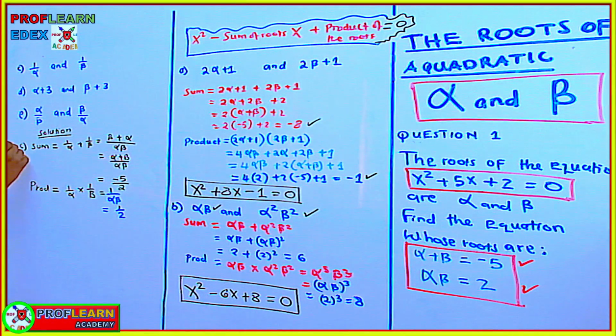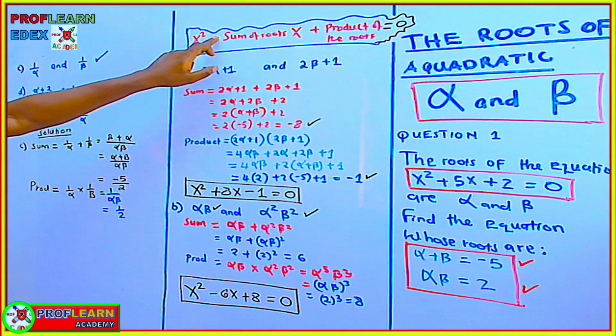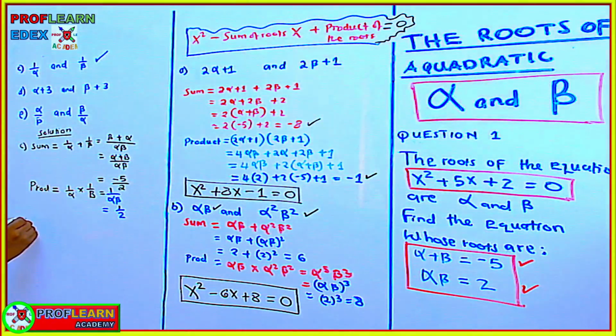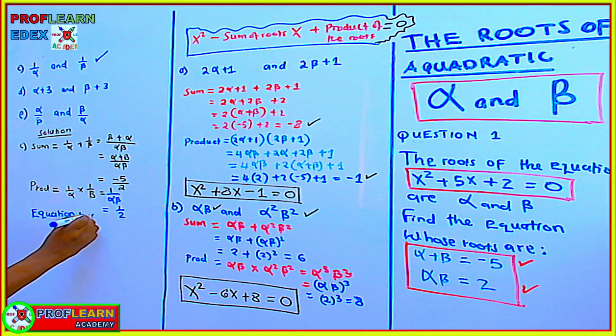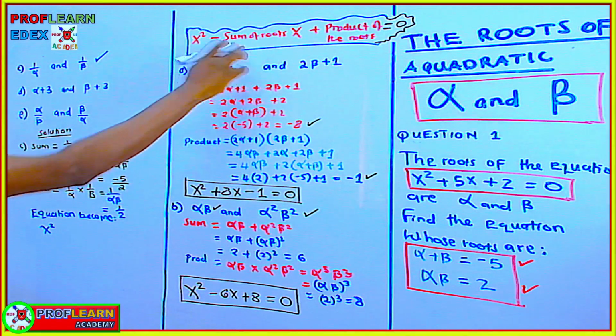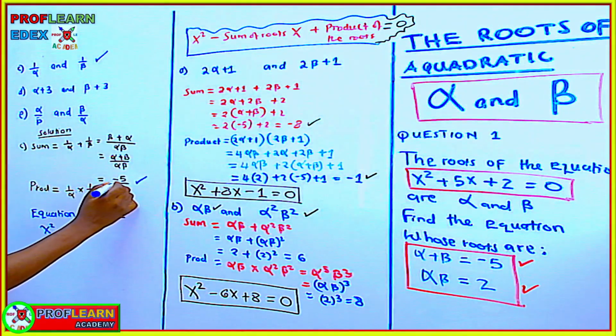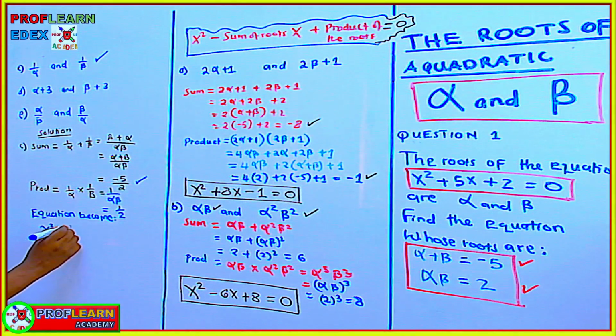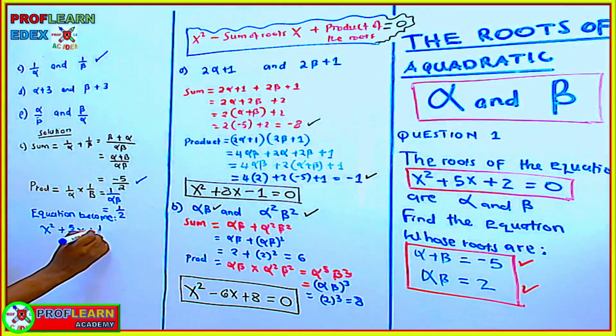Then at this point we need to write the quadratic equation whose roots are these, using this part that I've written here. So the equation becomes x squared, negative of the sum of the roots. The sum of the roots, we got it here. So negative of -5 over 2 will be positive 5 over 2 x, then minus, rather plus, the product of the roots, and the product of the roots is 1 over 2,